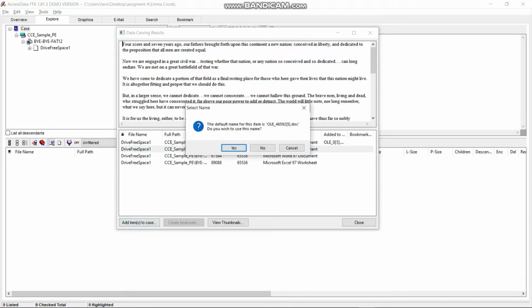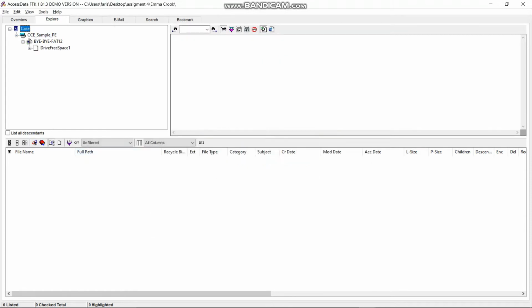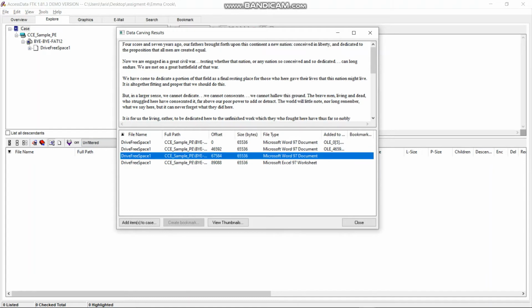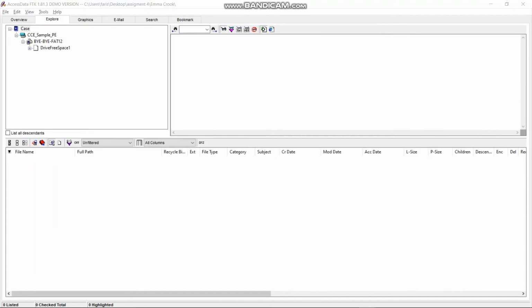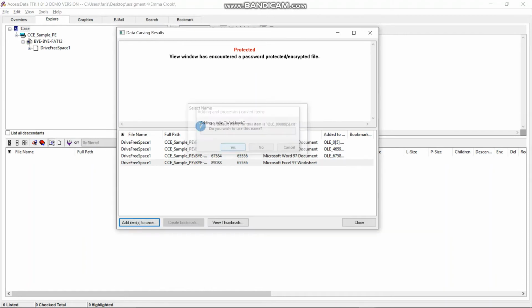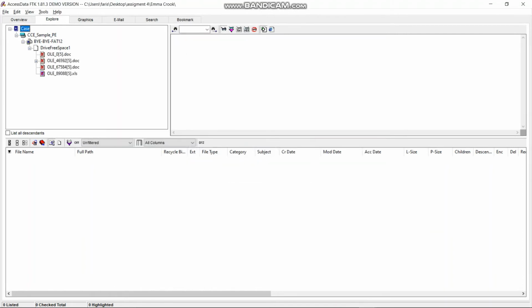Click yes. Do this for each of the five files, add item, yes. As you can see, at the drive free space in the Explorer,